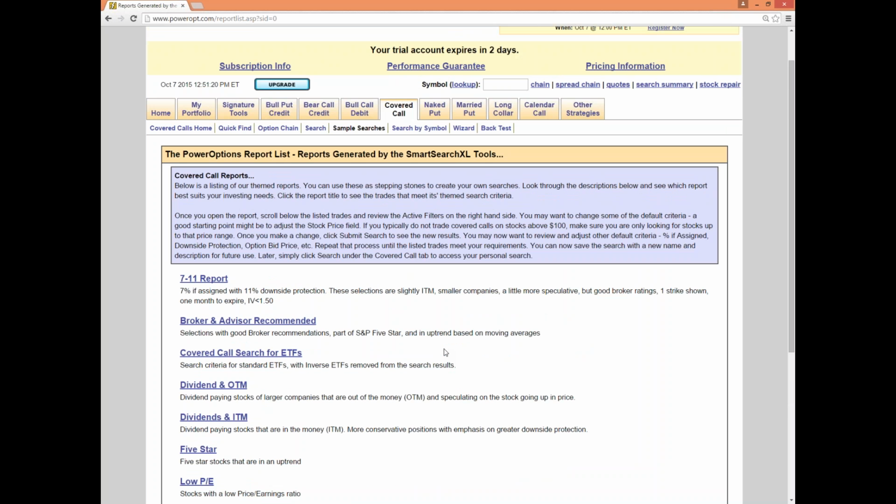But if you have a specific search, for example, let's say that you want to find covered calls on stocks trading in an uptrend, and you want a minimum return. Let's say you're going about 14 days out, so the 2 weeks out covered calls, and you want a minimum return if assigned of 2.5% and a time value of at least 1%. That's easy to do. Let's go into the search,